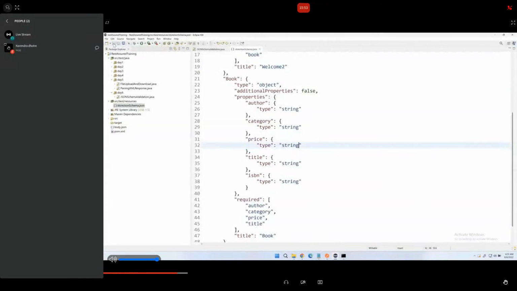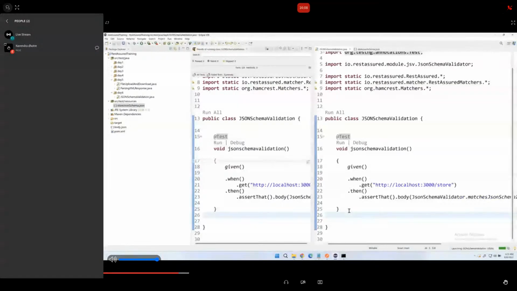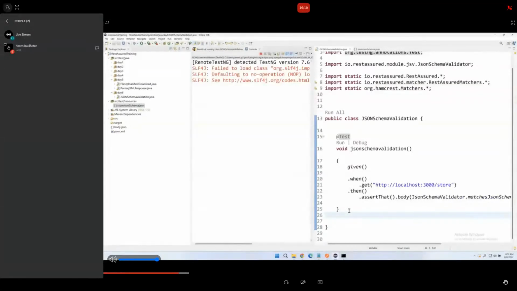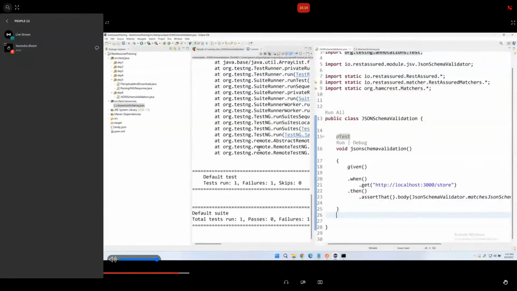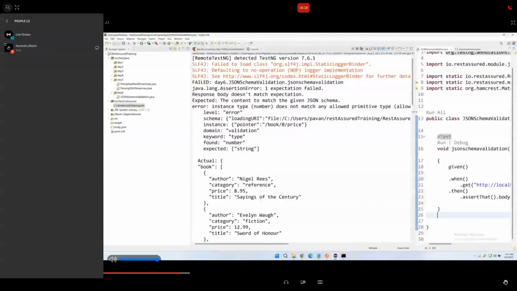Now our response is in number format, but what I'm expecting here is string format. The price format is string, so there is a mismatch. So definitely our test will fail. Now go back and run the test. Okay, now it has failed. You can look at why it failed. It is clearly saying